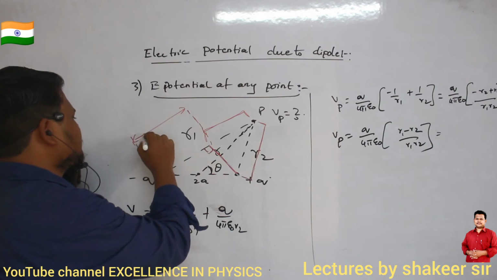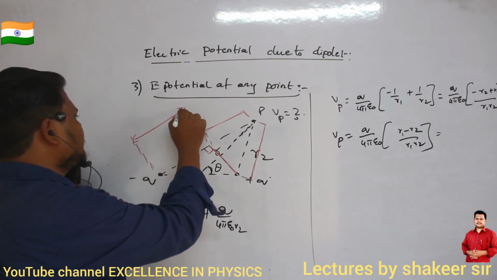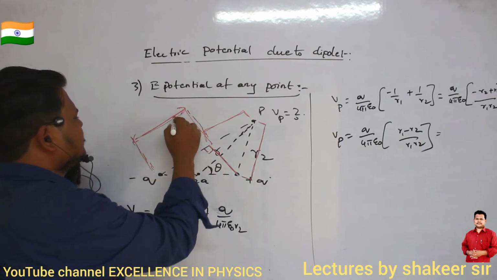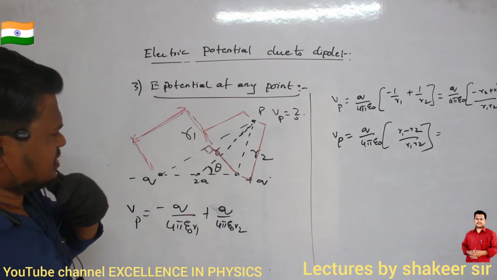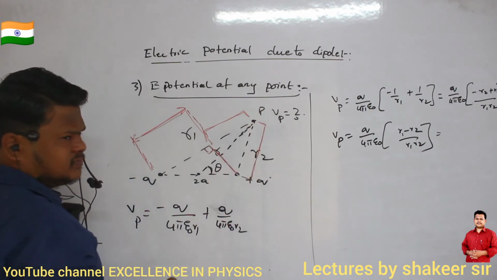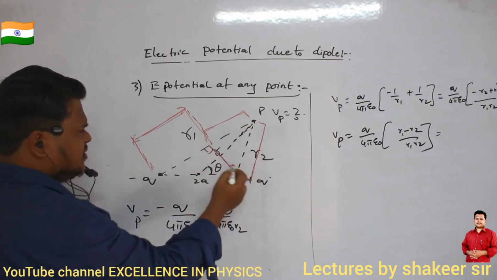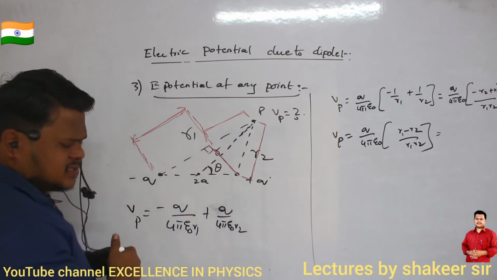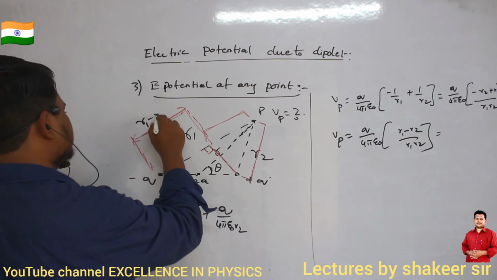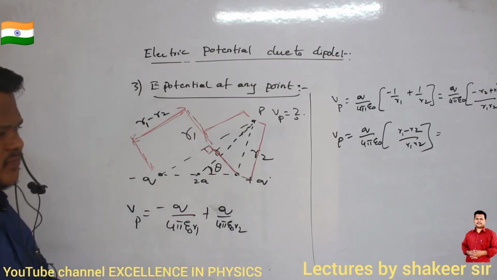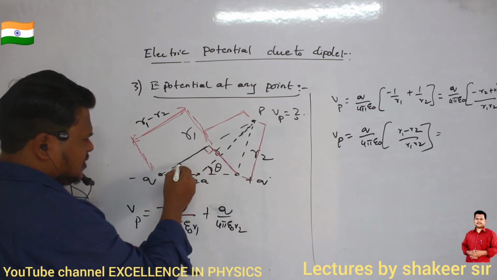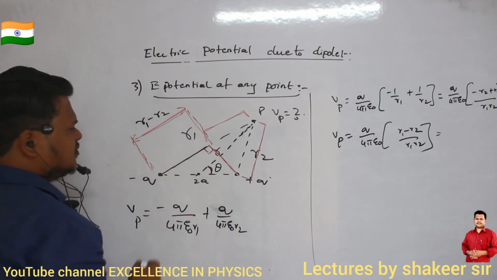This length will be how much? Are you able to see this red color marking, ma? So this length will be the difference of this line and this line, no? Because this length and this length are equal, the remaining length will be equal to R1 minus R2. This length is nothing but R1 minus R2. All of you, have you understood, ma? So this particular length is equal to R1 minus R2.